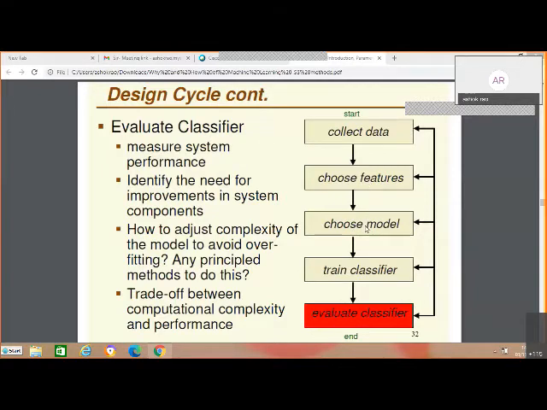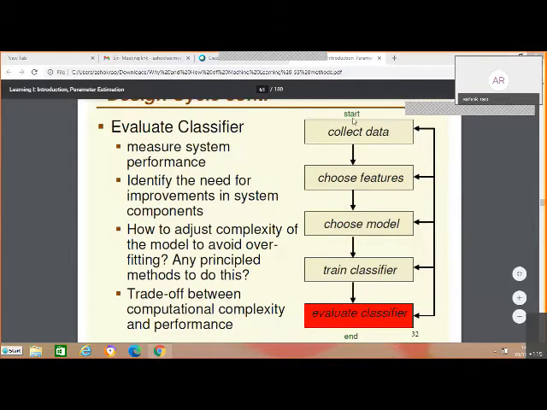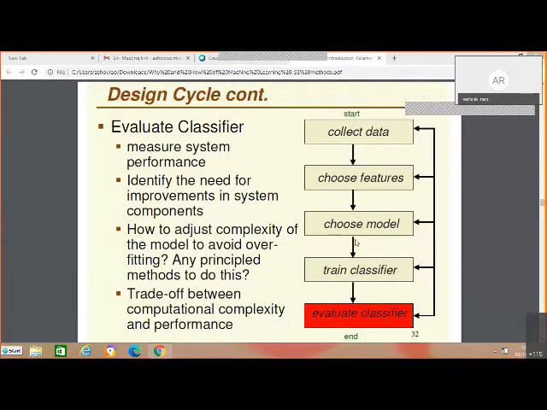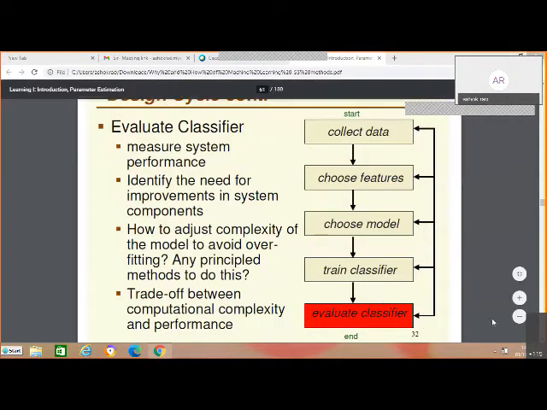After this, the model is a CNN or DeepNet or whatever you want to do. Then you have to train the classifier on the data that you have collected. You have to evaluate the classifier. And then next you will do testing, verification. A trained network is used to solve other problems also. So a lot of steps. Every step is equally important.